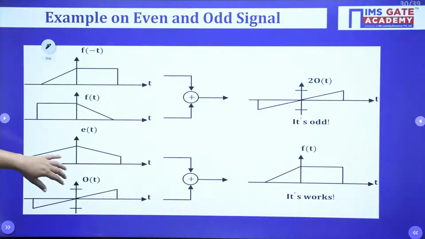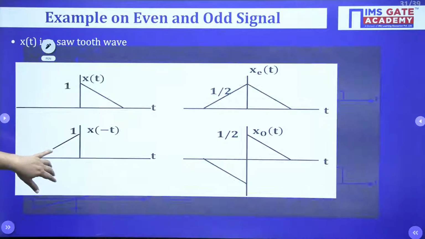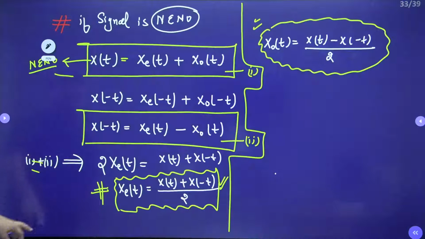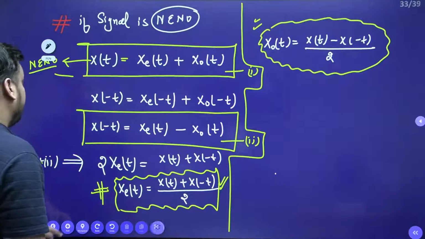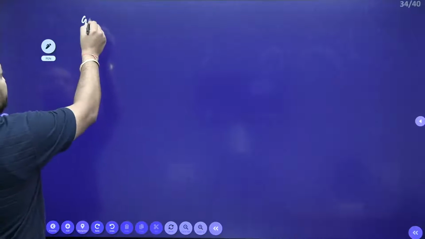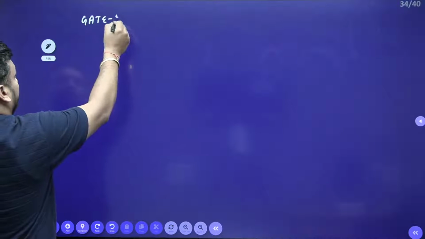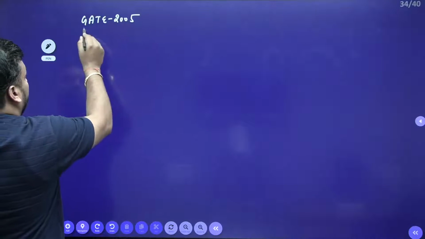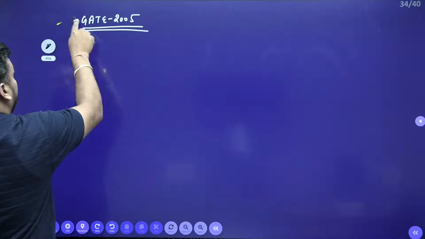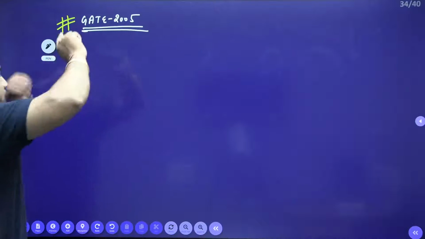For this signal, I am just giving you example one. It is a GATE question. It is a GATE 2005 question itself. And the question is,